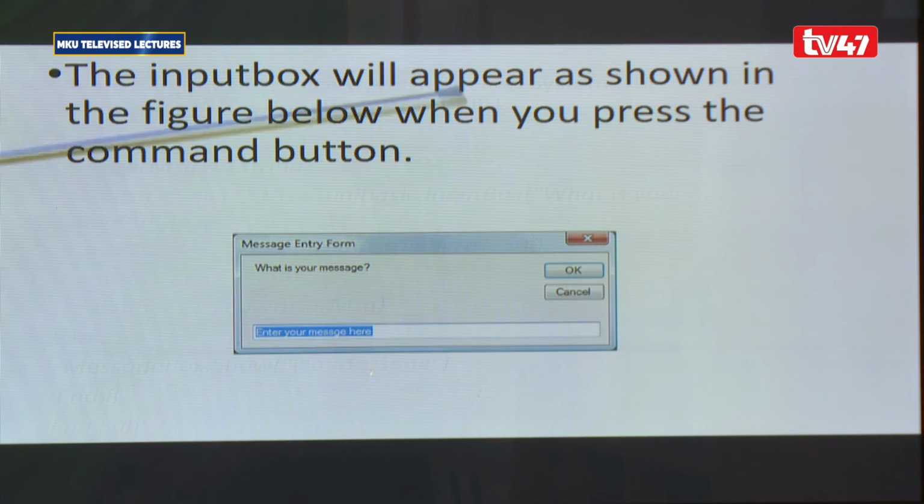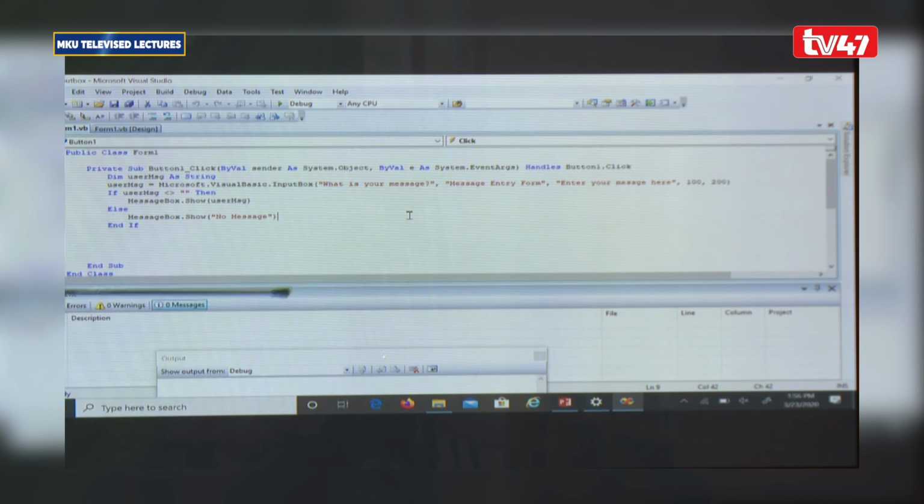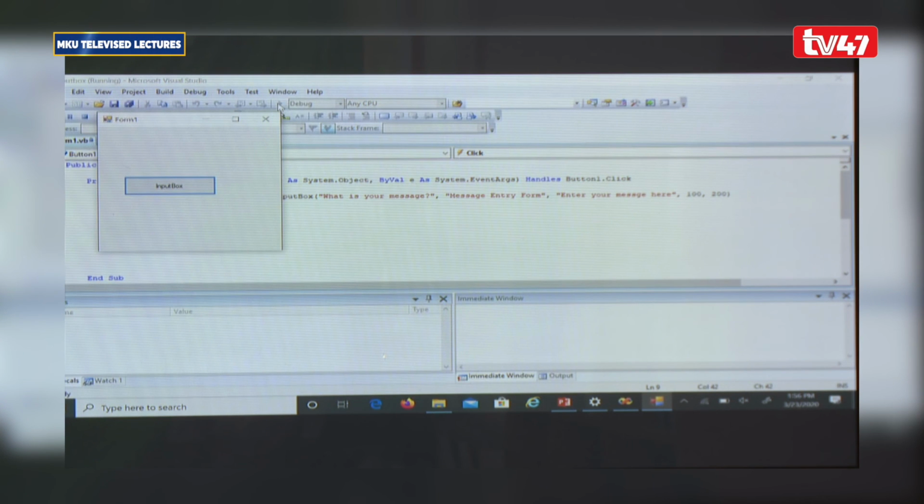So our expected output: the input box will appear as shown in the figure below when you press the command button. We can just display that in our program. So for our program here, the code is put still using a button click. In the button click, we have the program that we have displayed, which I have just typed in my program. So I run that. And so we have the input message button, I just renamed it to that. So if I click on my input box message,